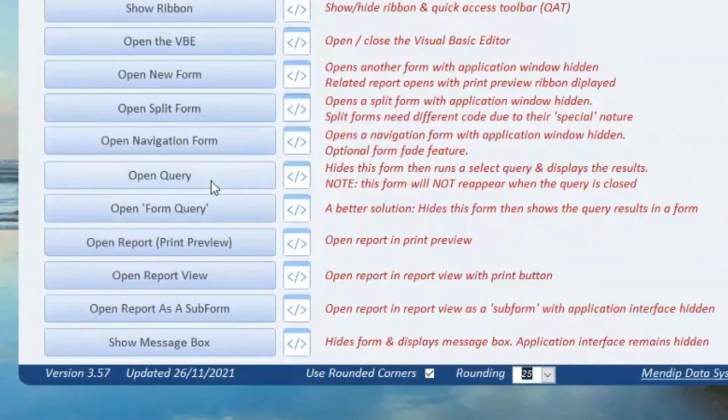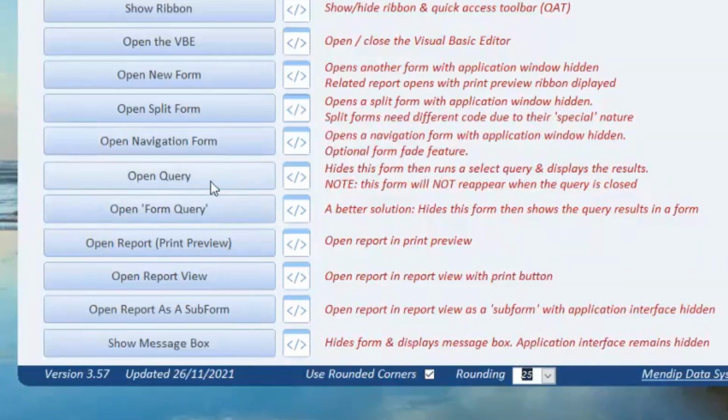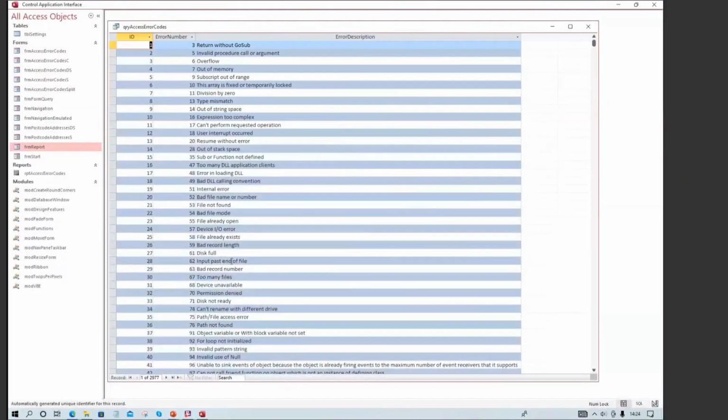Queries. Typically, there's no reason to ever have anyone open a query directly from your application, nor a table. You don't want users looking at those. But if I do that, I have to show the application interface. And of course, people can mess around with the data, which I don't want. But of course, queries and tables have no code attached to them. So if I close that, there's no way I can get the form back, which I've just closed.